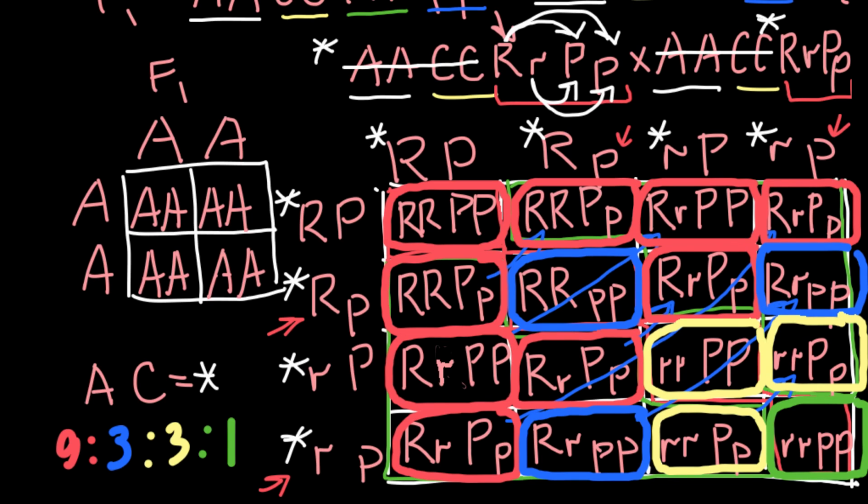And we also can put asterisks everywhere here to designate that all these genotypes would start with capital A and capital C. But because we don't have space, we don't have much time, and this is clear that all these genotypes start with the same genotype, capital A, capital C. So we just omit this beginning